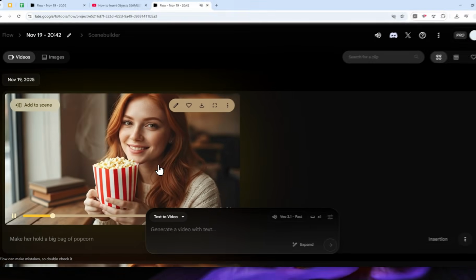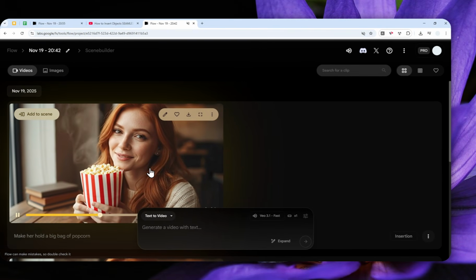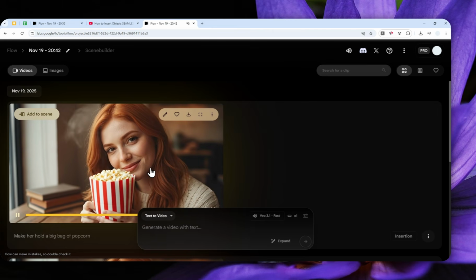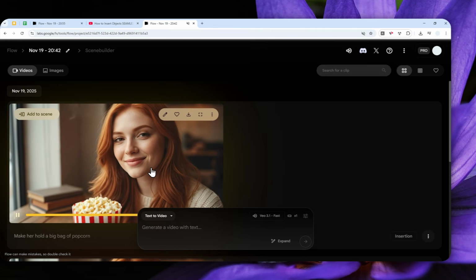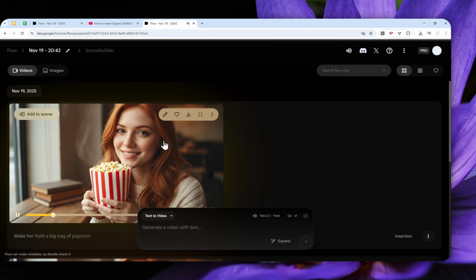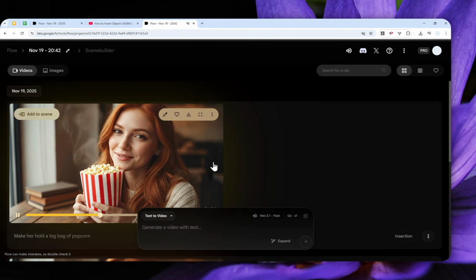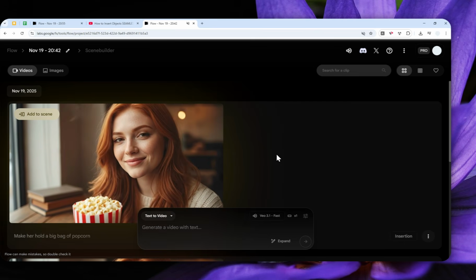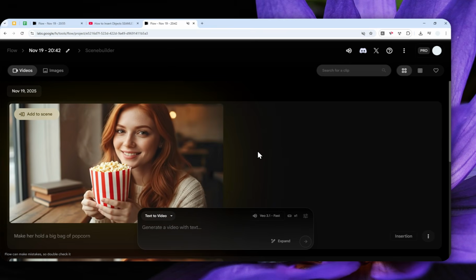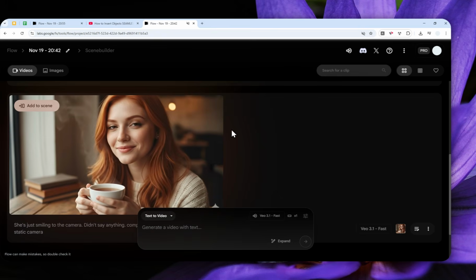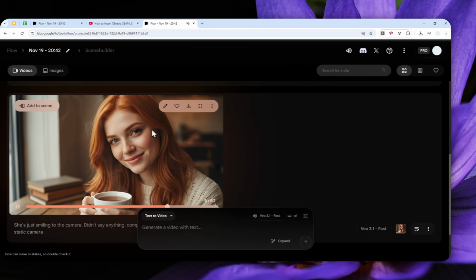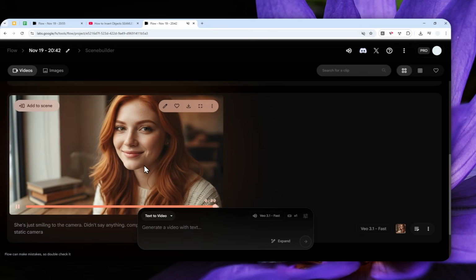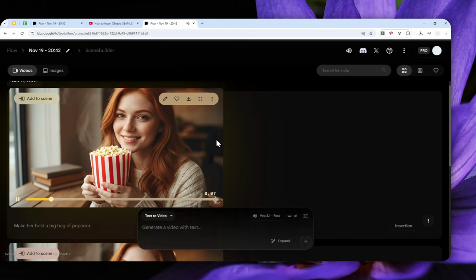So this is the same video, except now the woman is holding a bag of popcorn. It is not a cup of tea anymore, it is popcorn. So this is actually one workaround that you can try. It is not perfect, by the way, but I think in some situations this could be a worthwhile solution. So let me show you how I managed to change the object from this cup of coffee into a popcorn